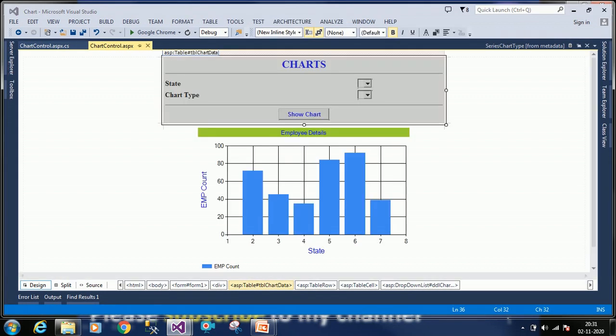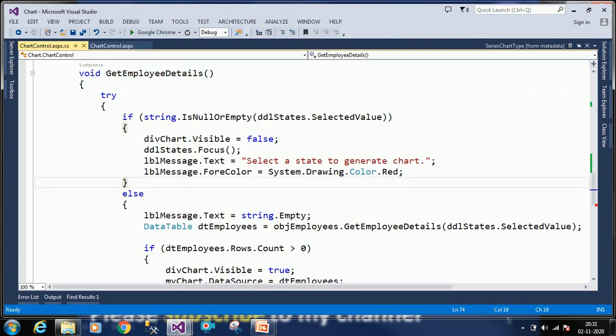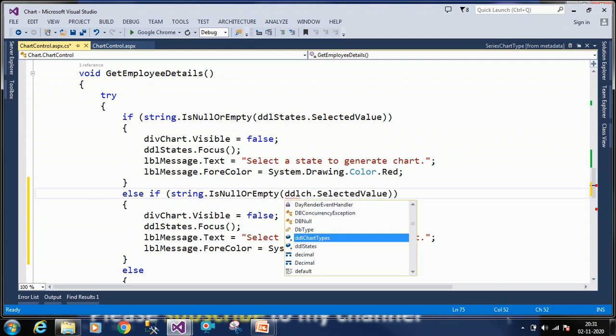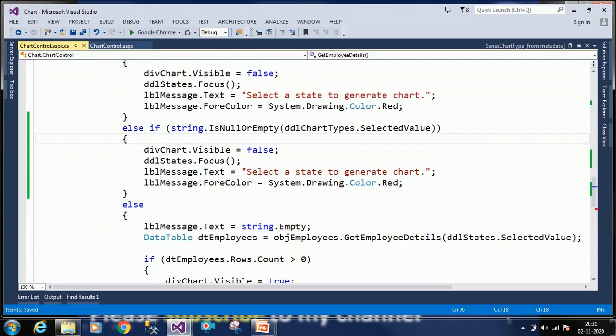So we have to validate the state first, whether the user has selected the state or not, then chart type also we have to validate. In the previous video we validated the state, now chart type also we have to validate here. For that I am copying the same thing here. So else, if the user has not selected the chart type, that time also we have to focus on DDL chart types.